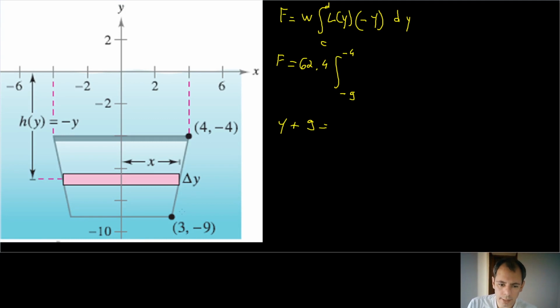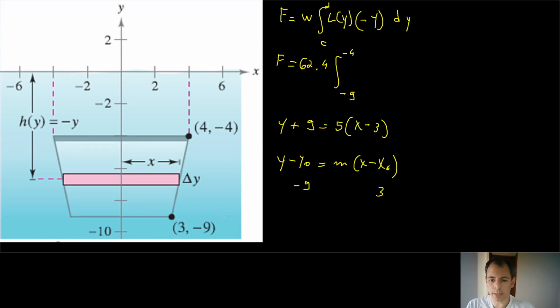Okay, so as it goes from 3 to 4 in the x-axis, it goes from -4 to -9, and -4 in the y-axis. So you're going to have 5 on the rise over the run. The rise is 5 and the run is 1, so the slope is 5. Okay, and it's going to be x minus 3, because this is in the form y minus y0 equals the slope times x minus x0, and the y0 here is going to be -9, the x0 is going to be 3, because the point is (3, -9). All right,